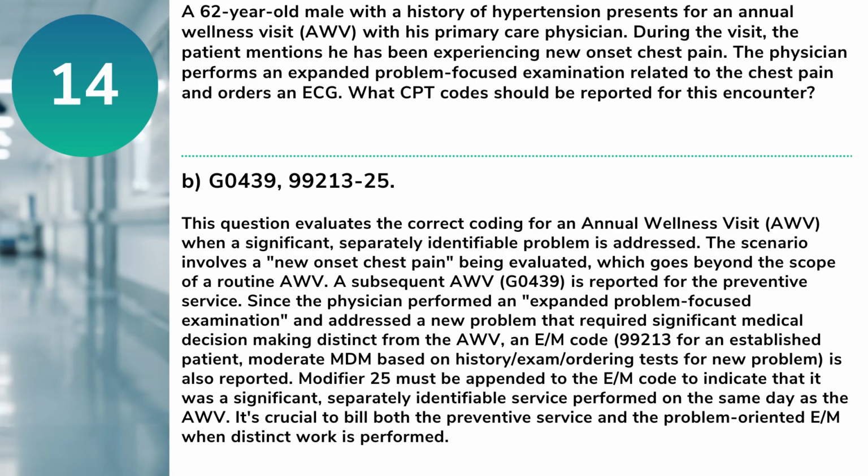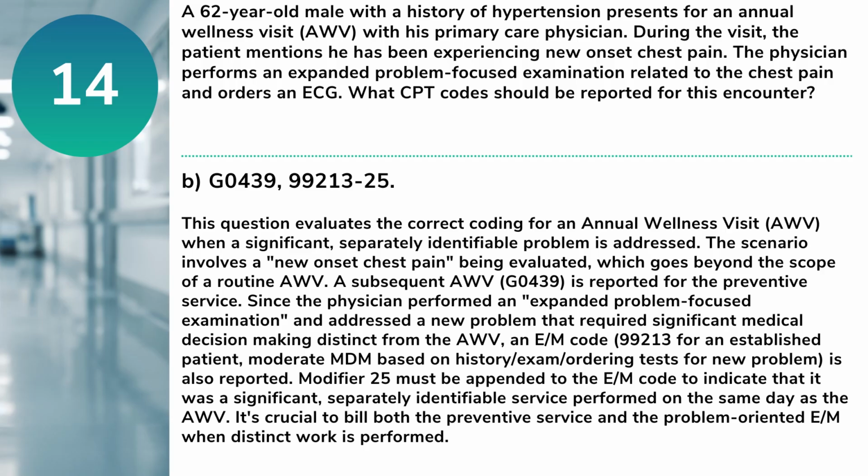99213-25. This question evaluates the correct coding for an annual wellness visit, AWV, when a significant, separately identifiable problem is addressed. The scenario involves a new onset chest pain being evaluated, which goes beyond the scope of a routine AWV. A subsequent AWV, G0439, is reported for the preventive service. Since the physician performed an expanded problem-focused examination and addressed a new problem that required significant medical decision-making distinct from